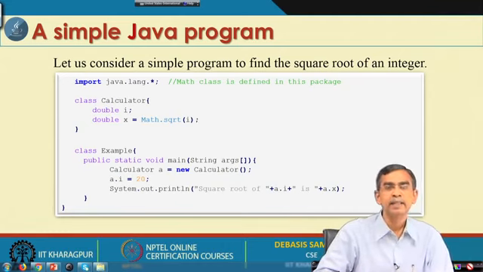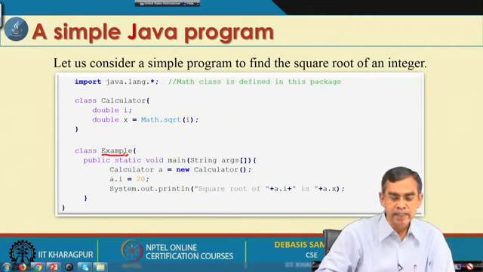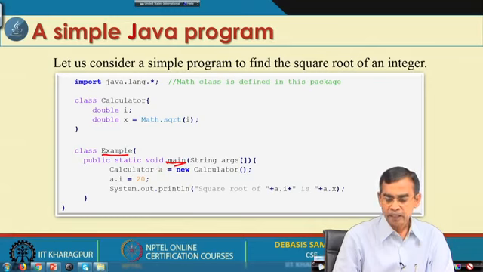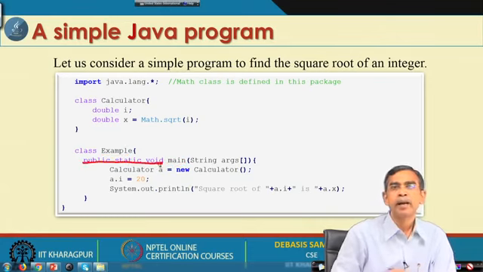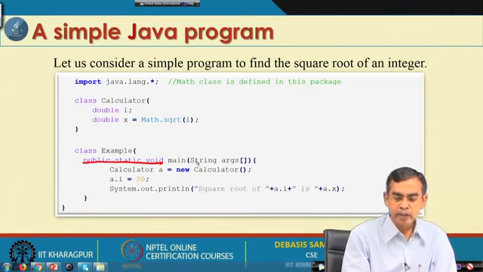Now, this is the class declaration, and the name of the class is Calculator. It is not a main class. Here Example is the main class in our case, because it contains the main method. If you see the main method, it has many things. Three things come prior to it: public, static, void. We should know exactly the implications of all these keywords: what public is, why it is static, the void and everything. Further, you also see that there is an argument.